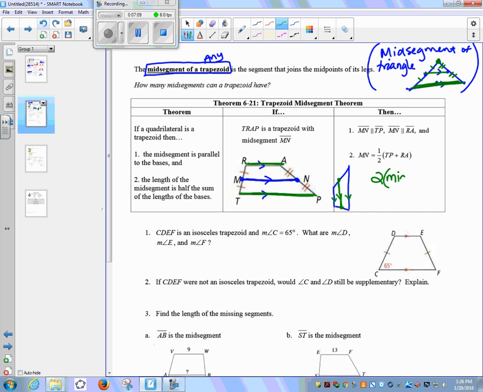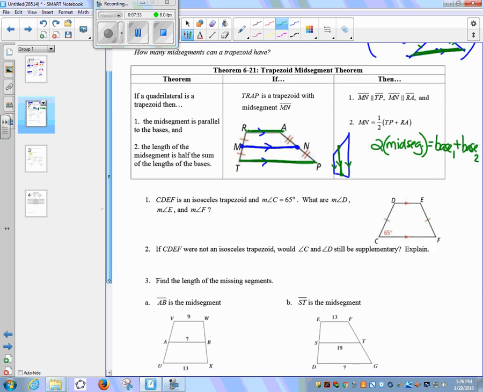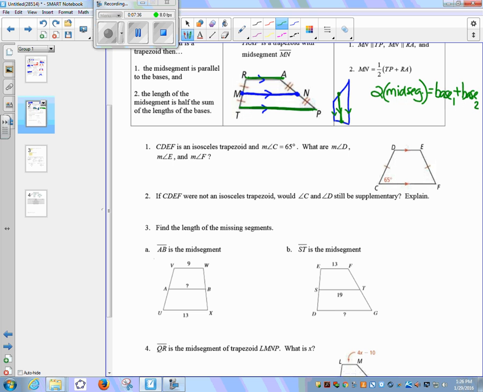2 times the midsegment equals, and then think of it as base 1 plus base 2. 2 times the midsegment equals base 1 plus base 2. So if we look at some of these problems that apply these theorems, number 1 says CDEF is an